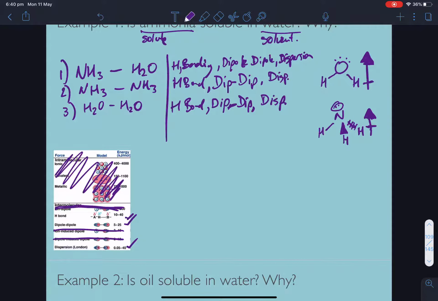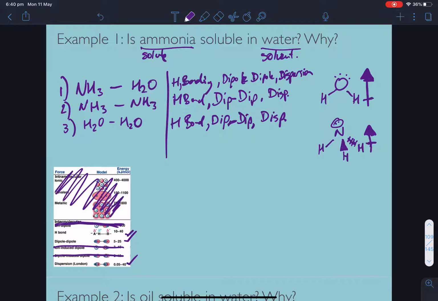Okay, so for things to be soluble in other things, all three possible interactions need to be roughly the same strength, or they need to be roughly the same force there. Now, hydrogen bonding is the strongest interaction there, well, apart from ion-dipole, but it is strong. But you can see that all three have the same forces between them. So here,